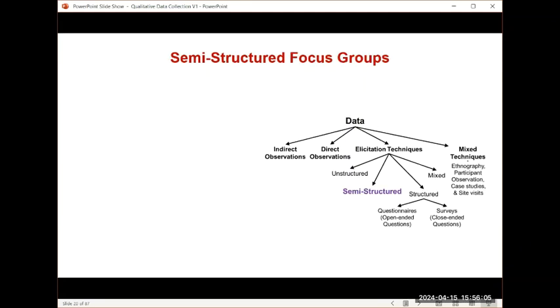The other type of semi-structured interviews are actually focus groups. Focus groups follow the same approach, but the difference here is you're not doing it with one individual person, you're doing it with a group. And the big difference is that in focus groups, focus is the adjective for groups here. What you do in a focus group is you get the group to look at this one phenomenon from different angles, and they're telling you about it. So you put the phenomenon up in front of them, and you get all these people to tell you how they see it. All right.